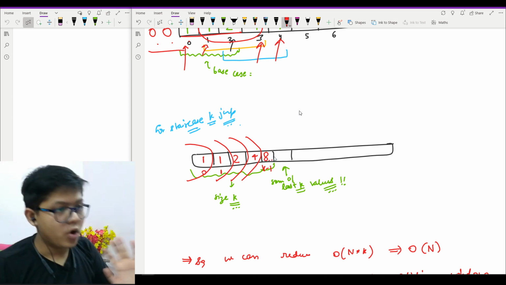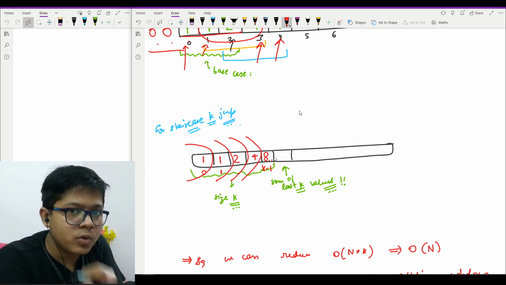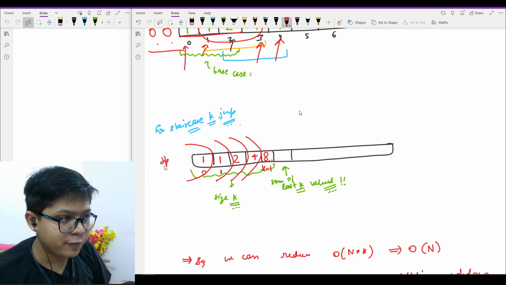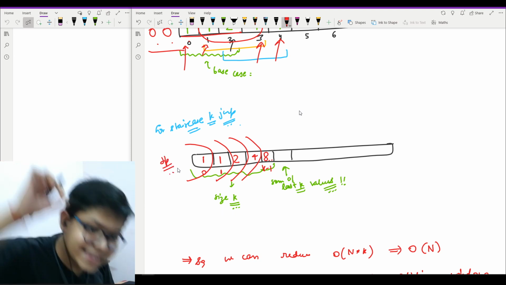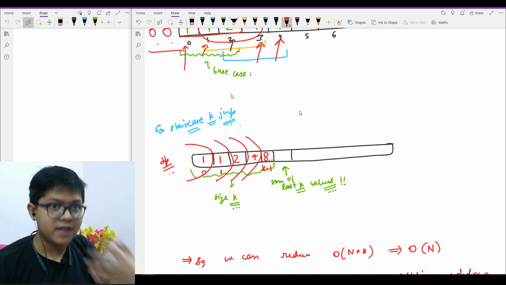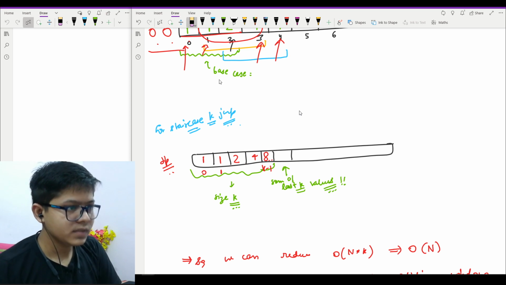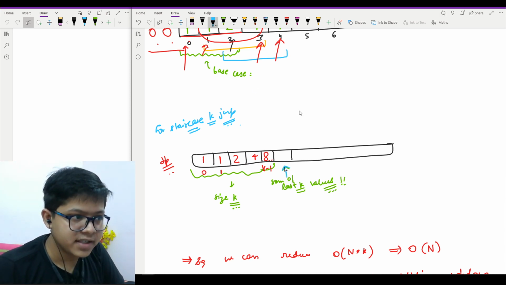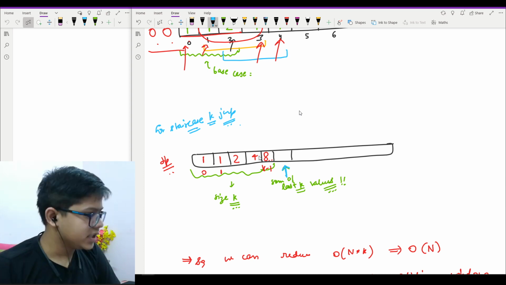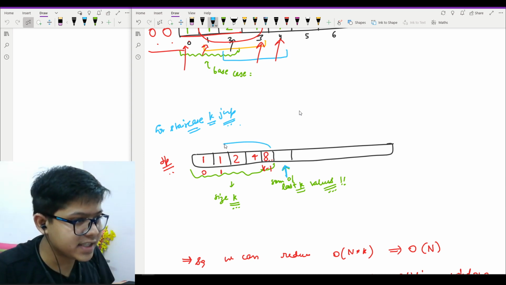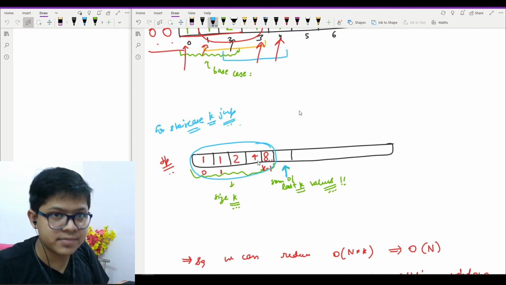Right? Okay. When you have found the values of the dp array from 0 to k minus 1, then actually you will start finding your answer. How? Then for this element you will check the last k sums.